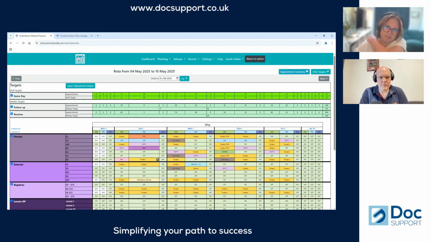So if you wanted to have some 2 or 3 day routine appointments in there, you could put that in and allow PracticeBuddy to automate it, and it would always make sure that you have some same days, some 2 to 3 day routines, and then your routines at the end. And it generates a report and tells you what each person is doing, and how to then put that onto the rota. So it doesn't talk with System 1 or EMS, but it generates a report to allow your rota coordinator to put it onto